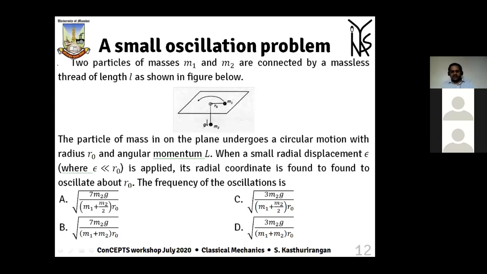To get the number 7, you should have something to the power 7 initially in the potential, so that when you differentiate it, it becomes 7 into x to the power 6, whatever it is. So it is highly unlikely that the number 7 will turn up just like that in a mechanical problem. The numbers which you expect to turn up are 2, 3, 4. Usually, again I am repeating, for example, in moment of inertia type of problem, 7, 5, these are common. But in this kind of mechanical problem with central force motion, etc., it is unlikely to encounter 7. So A and B are much less likely options than C and D. This is the first point.